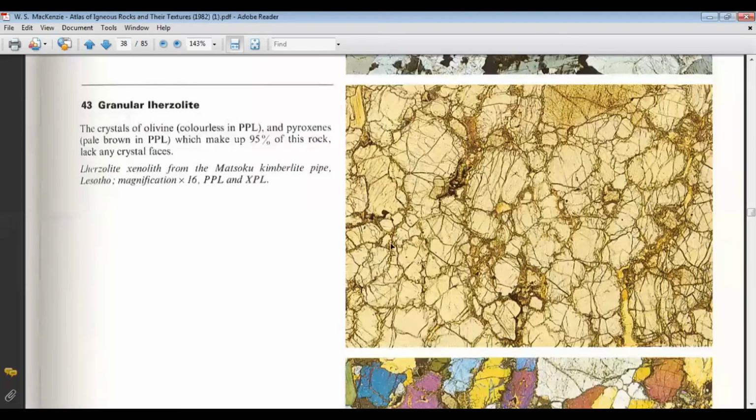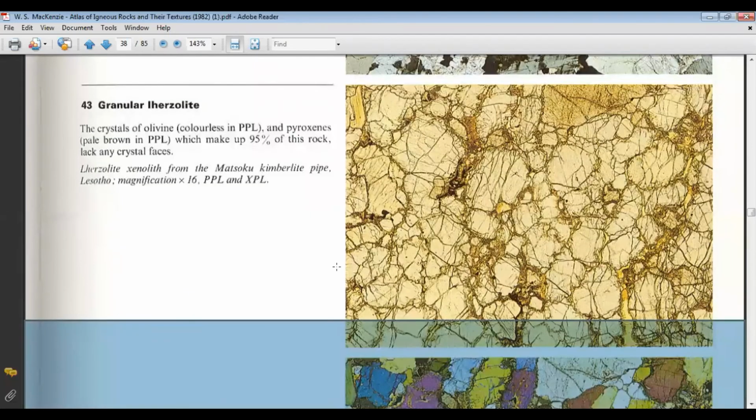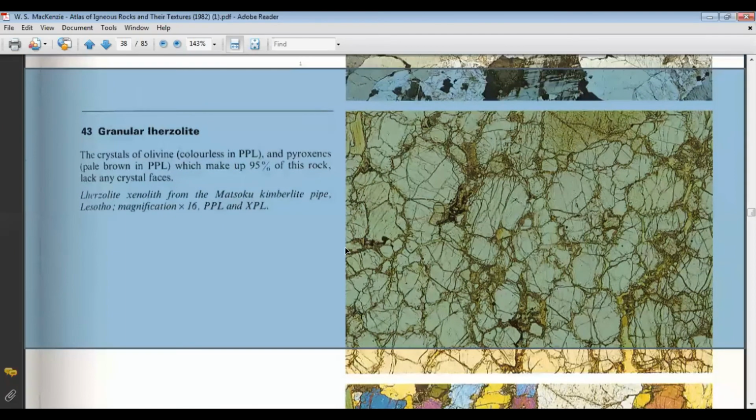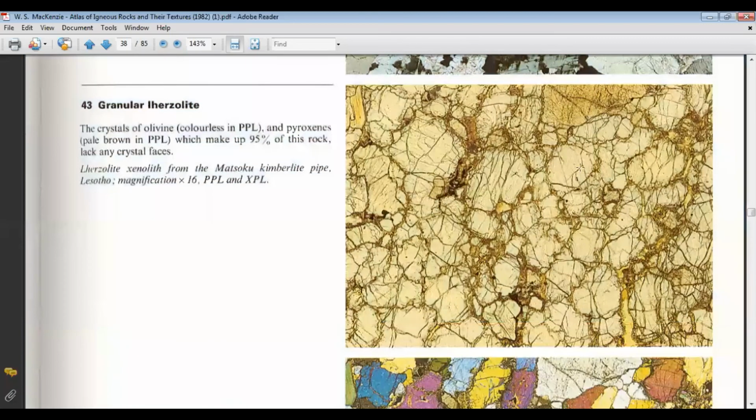Here we have another example. It is called a lherzolite. Lherzolite is actually an ultramafic rock and very common in lower crustal levels, especially the upper mantle, and we can call it an ultramafic rock. Here you can see most of the grains, and the very definite style of fracturing that is indicative of olivine. I think we have seen maximum olivine in